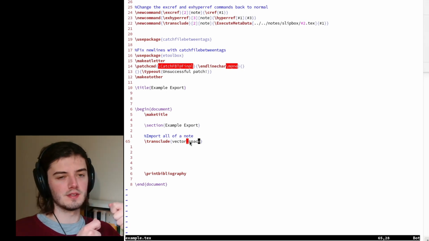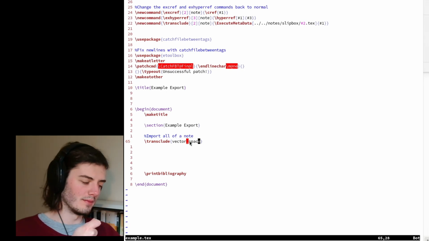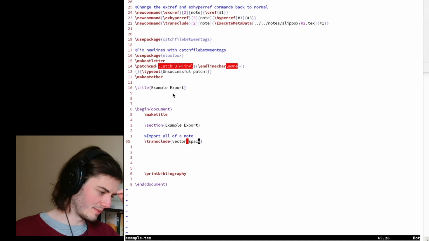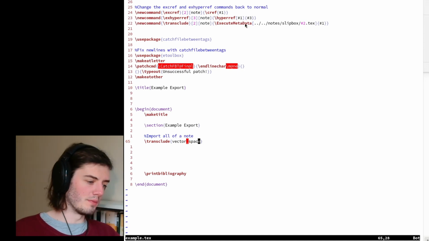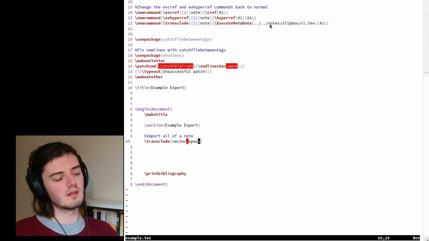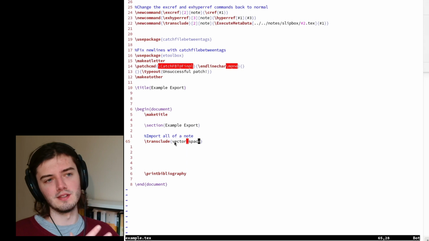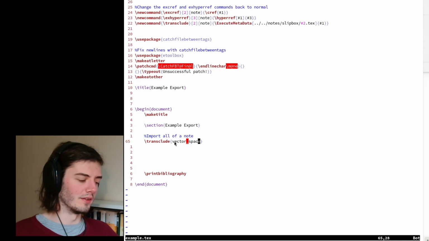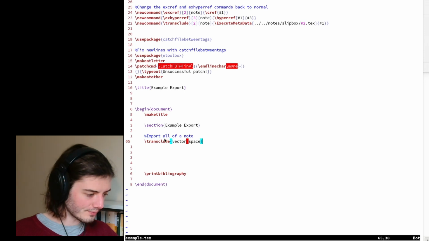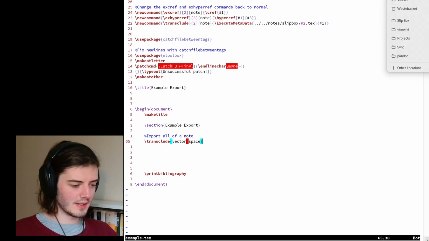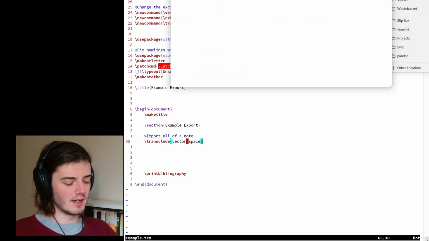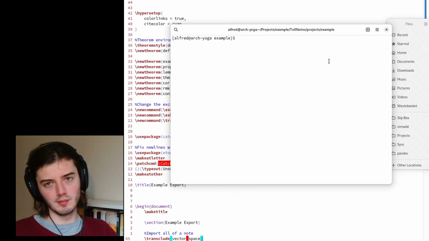The way this works is it's just using this execute metadata command, and this takes input as a file. Because you're inputting a file, you need to use the file name rather than the reference name for general referencing. So if we transclude this vector space and then we just render example.tex using PDF LaTeX,